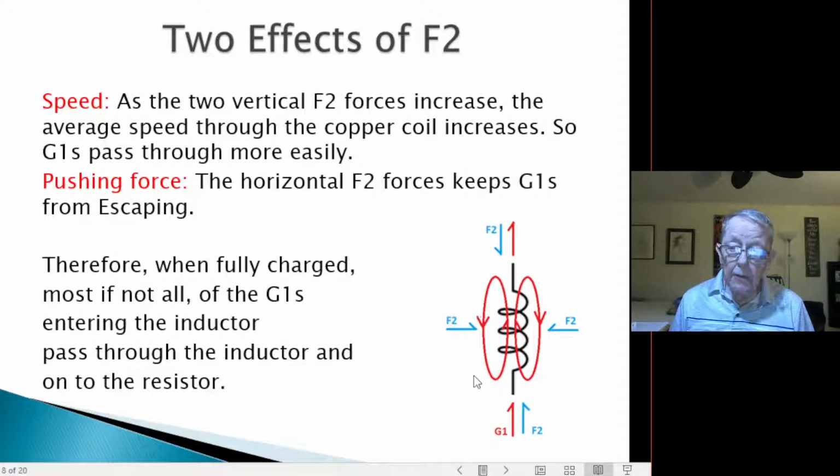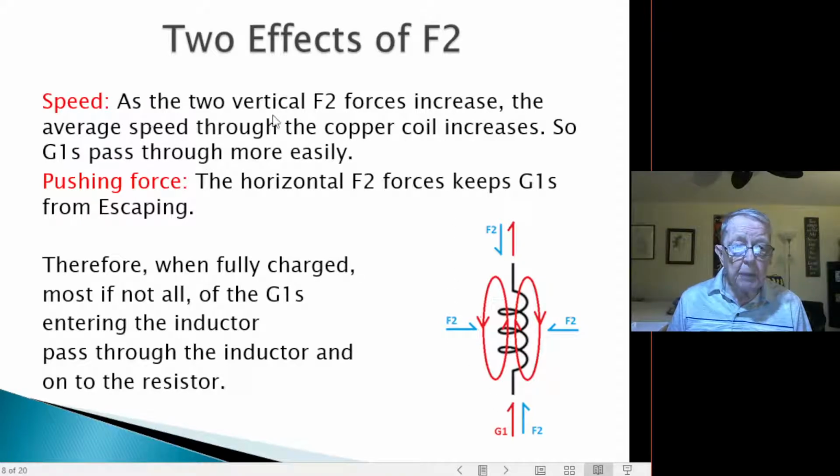Now there are 2 effects of the force of the F2 on an inductor. The first effect is speed, and this is the same effect that I used in a diode and a transistor. As the 2 vertical forces increase, now we're talking about if you go from uncharged to charged, the G2 mass increases and the F2 force increases as the 2 vertical F2 forces increase. Talking about this one here,